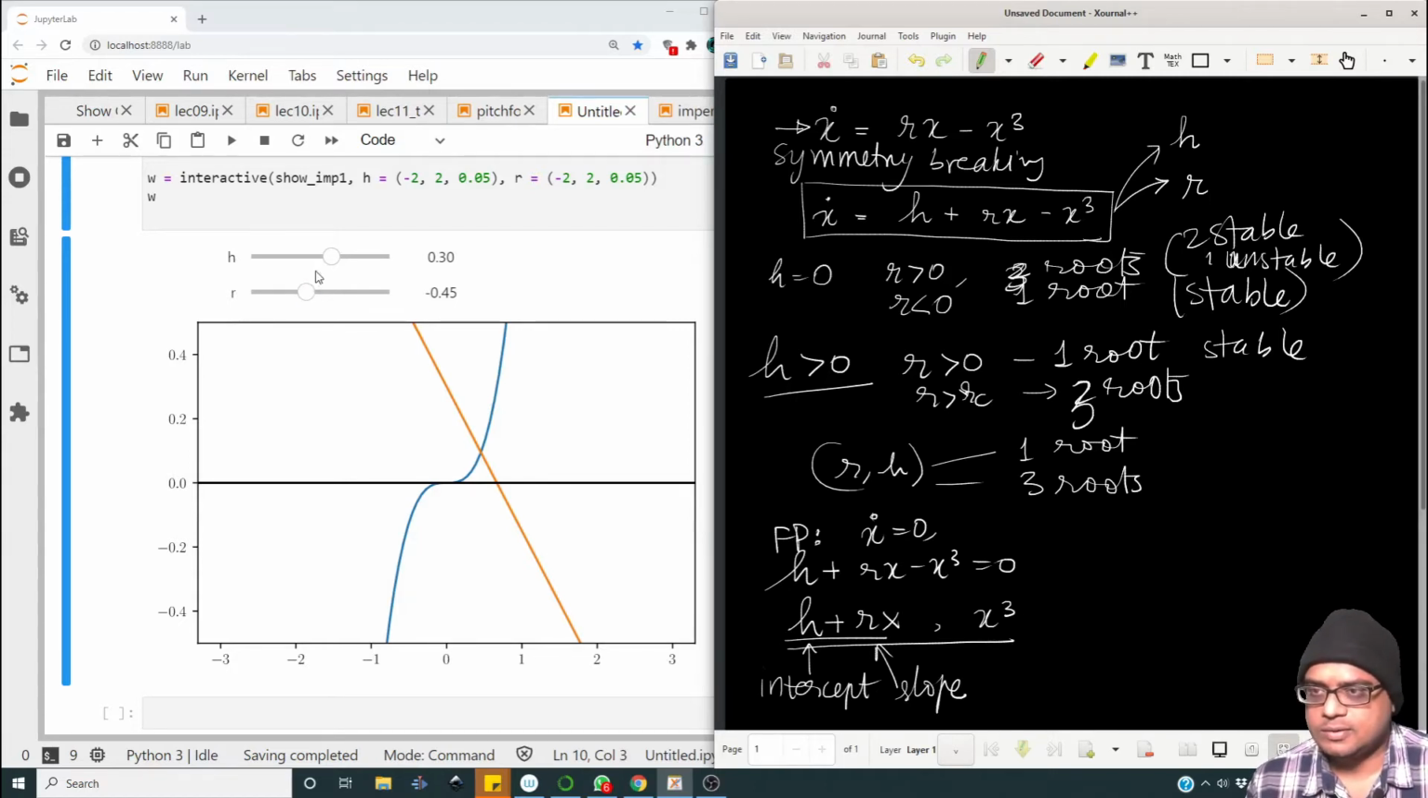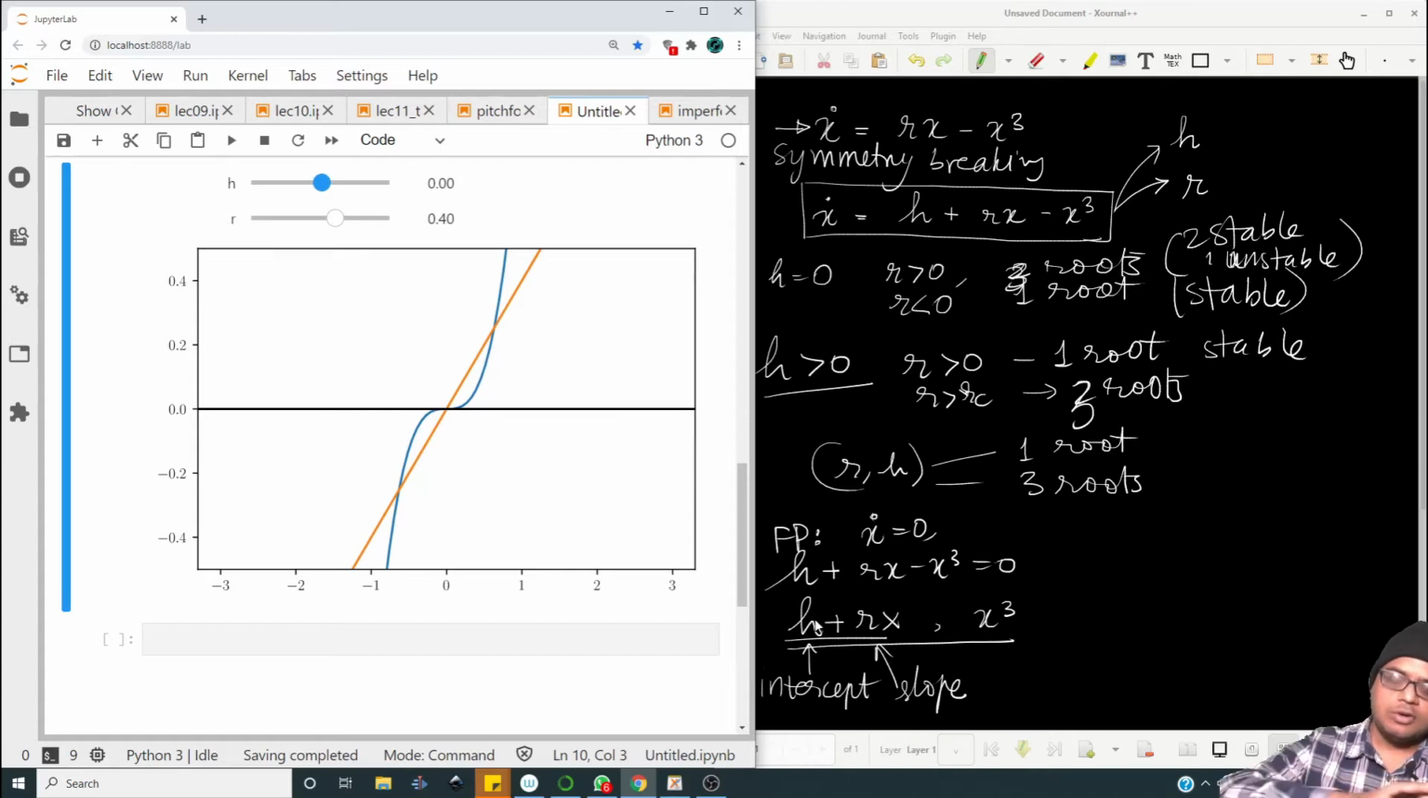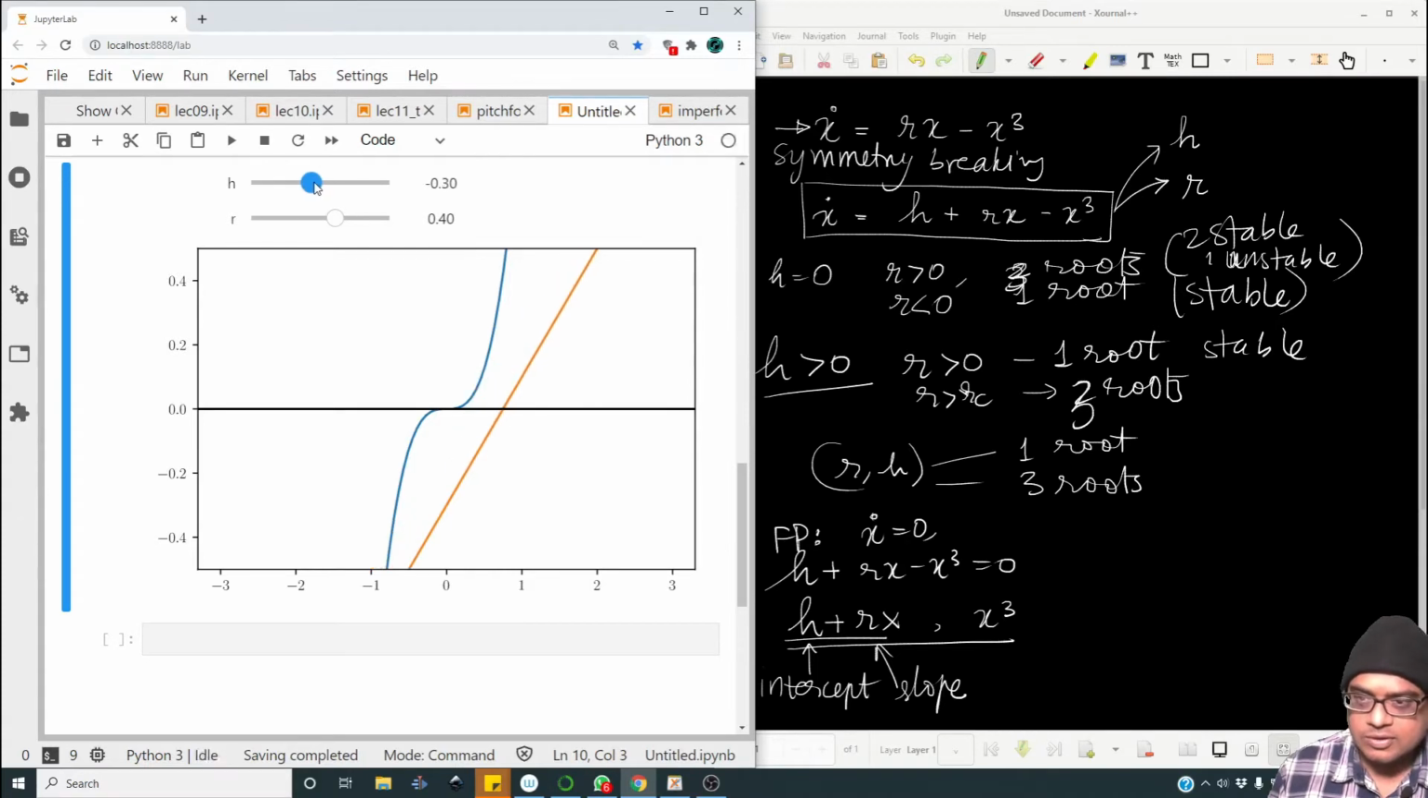Okay, so x cube is not gonna change. But what is gonna change is this particular line. So when r becomes positive and as h changes, we can have 3 points where they intersect. 1, 2, 3. Okay, so it is all about how we can rotate the line, slide it around. So we can have 3 intersections like this. If I change around h, we are having just, see,